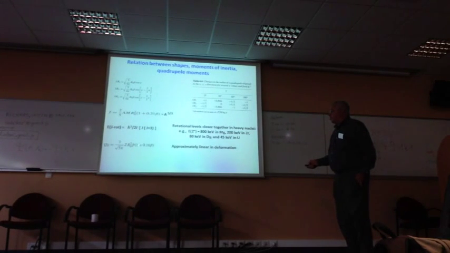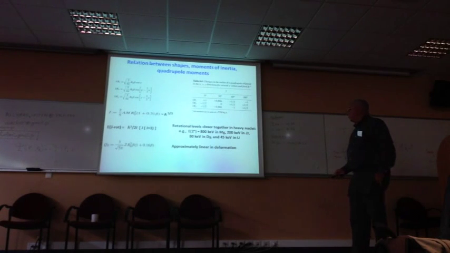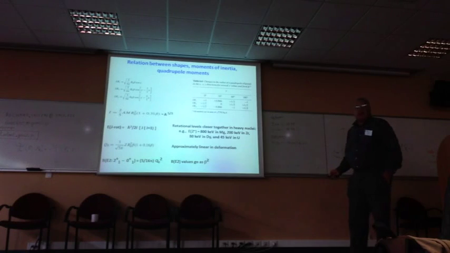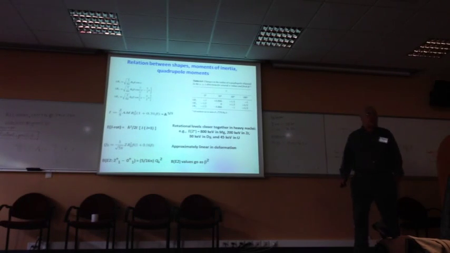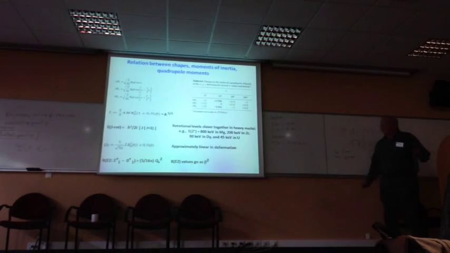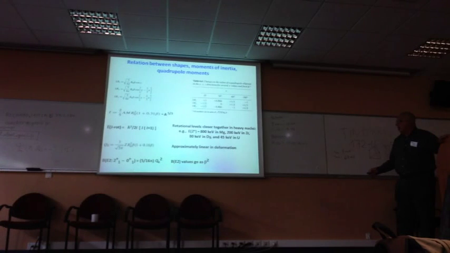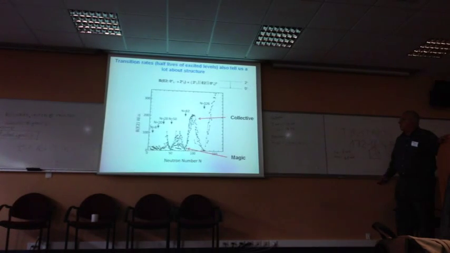So quadrupole moments are proportional to the elongation. And BE2 values from the first 2+ state to the ground state, I'm not deriving this, I'm just telling you, go as the quadrupole moment squared, which means they go as the deformation squared in first order. And these two facts allow us to deduce something very nice. But first, let me